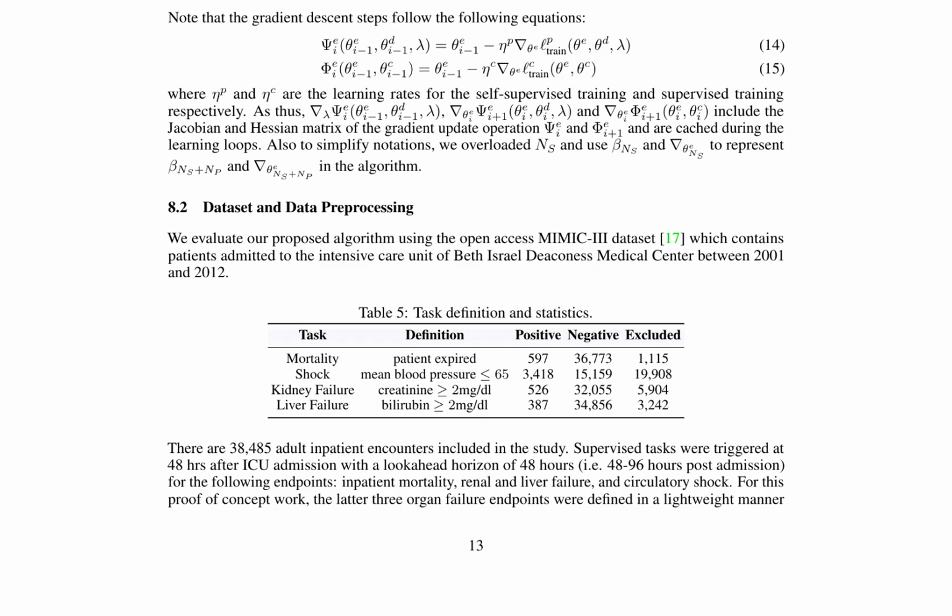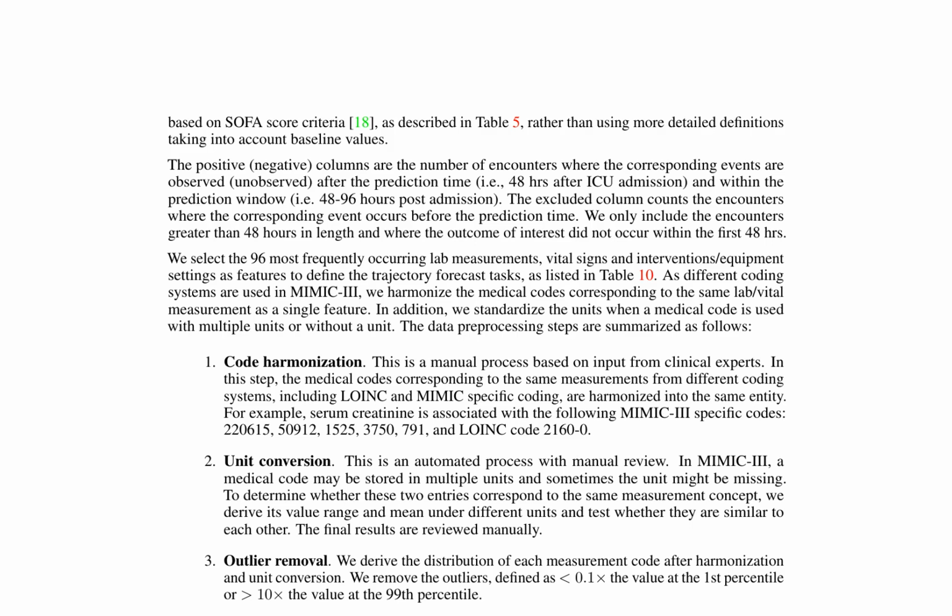38,485 adult inpatient encounters. The dataset is pre-processed by harmonizing medical codes, converting units, removing outliers, normalizing values, and bucketing time steps. The features are selected by considering the 96 most frequently occurring lab measurements, vital signs, and interventions, equipment settings. The task definitions and statistics are presented in Table 5, which includes the number of positive, negative, and excluded encounters for each task. The tasks are triggered 48 hours after ICU admission, and the prediction window is 48 to 96 hours